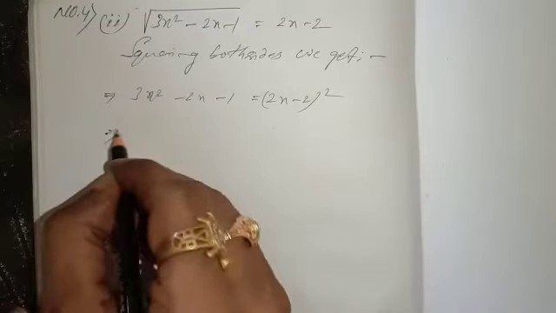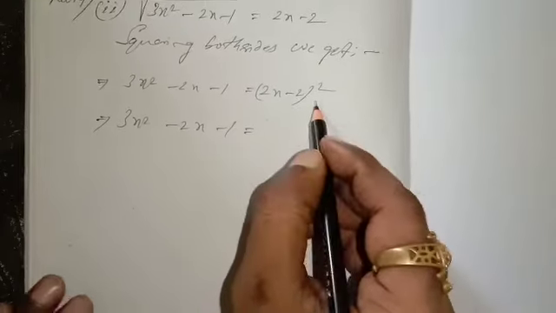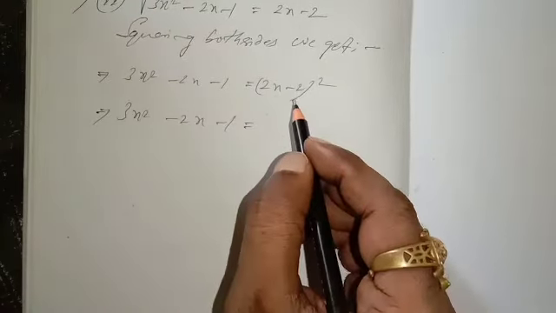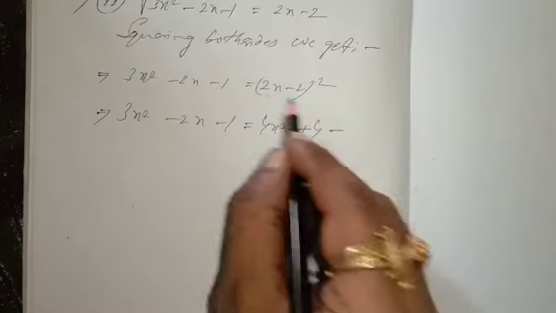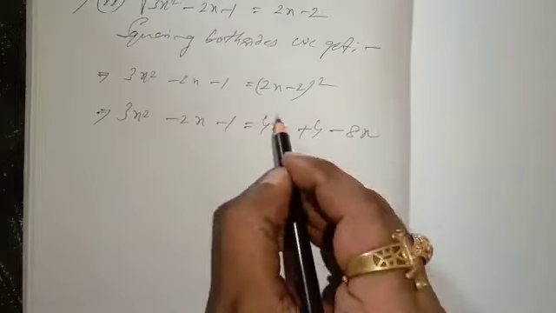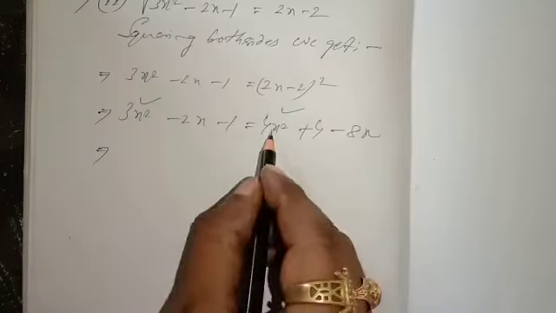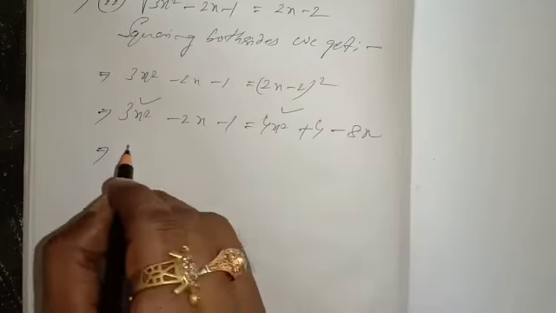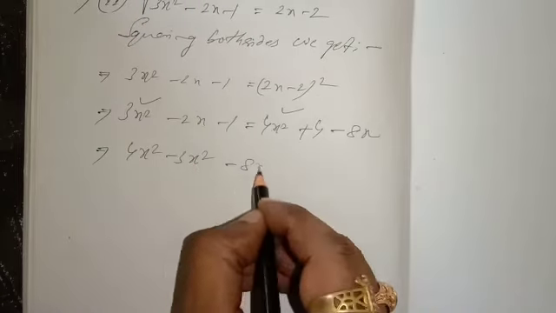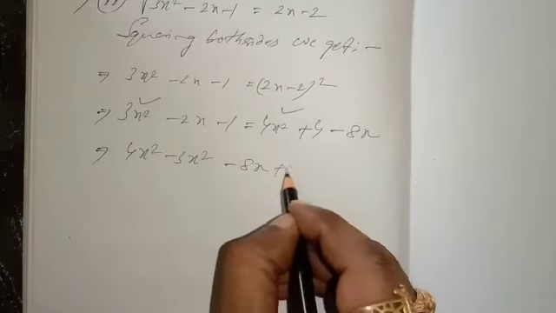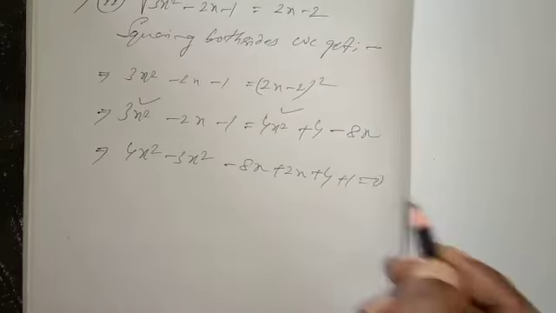Okay. Now this is 3x square minus 2x minus 1 is equal to 2x minus 2 whole square, which will be how much? A minus b whole square formula. A square means 4x square. A square plus b square, that is 4, minus 2ab. 2 times 2 times 2 is 8x. Okay, this side 4x square, this side 3x square. All this should be taken to that side. Then this will be 4x square minus 3x square. I am writing here 4x square minus 3x square. This is minus 8x, and this minus 2x taken to that side will be plus 2x. This side is plus 4, minus 1 taken to that side will be plus 1 equal to 0.